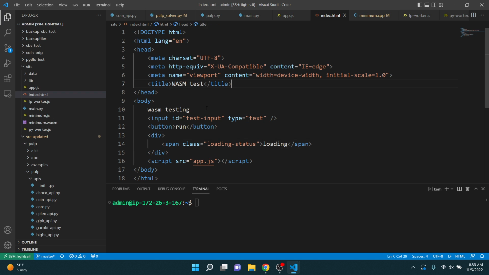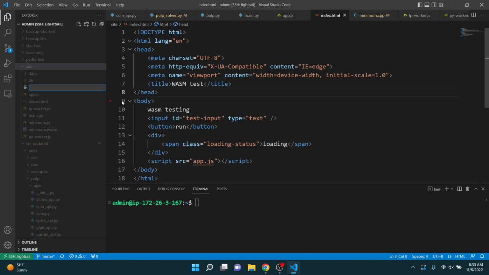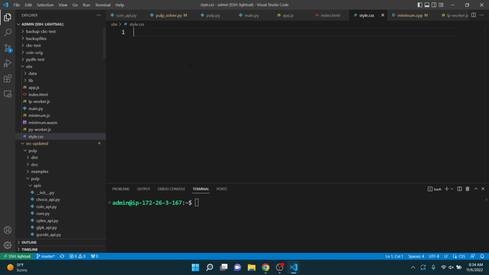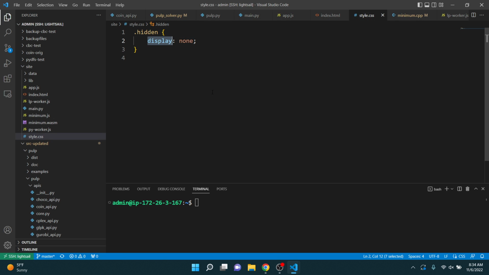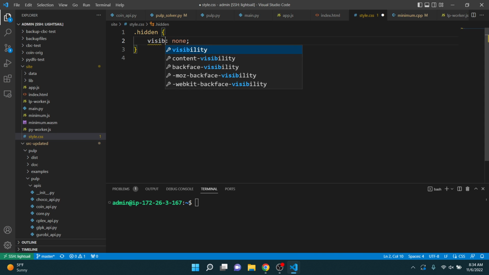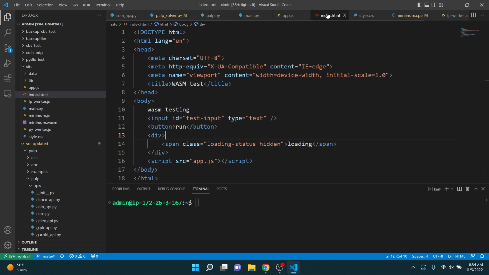And then we'll say, and we'll also add some CSS in here. I'm gonna need to eventually anyways. New file, style.css. And we'll just say hidden class is display, and then so when we run the loading status, we will toggle or turn on hidden, and then whatever. By default, it'll be hidden. And actually, instead of display none, what's the other one? Visibility? Visibility hidden, I think. Something like that. Probably a better way to do that, but